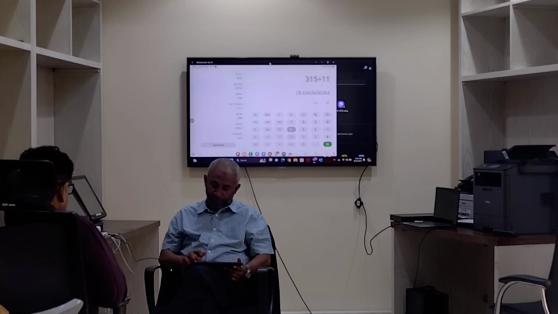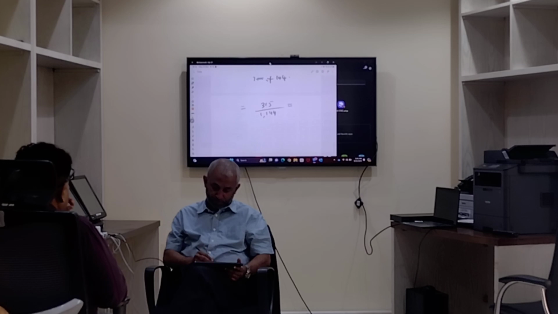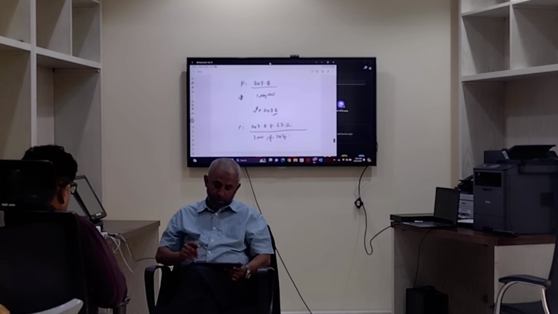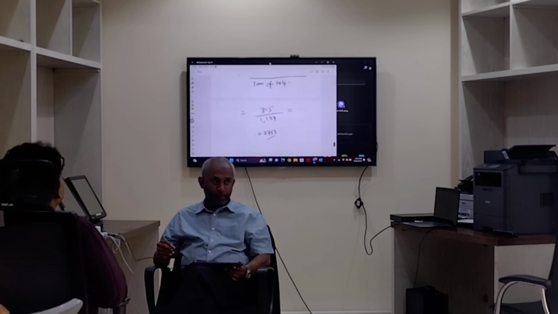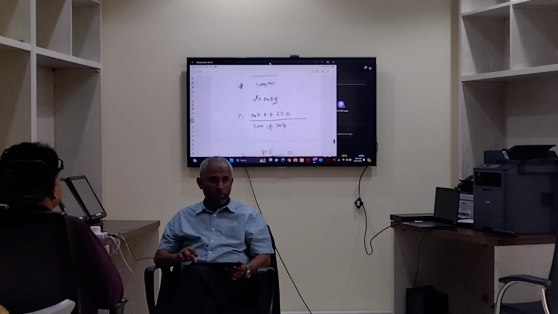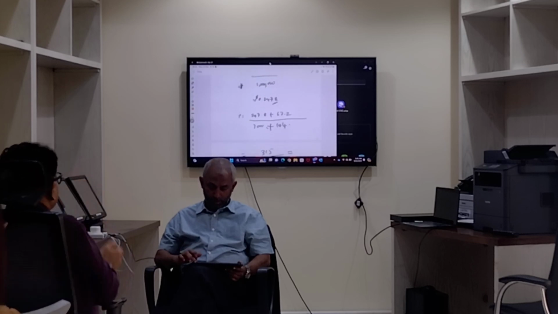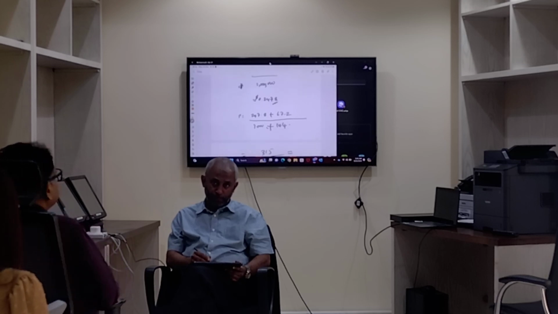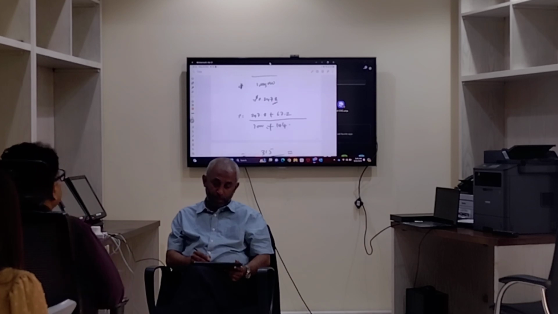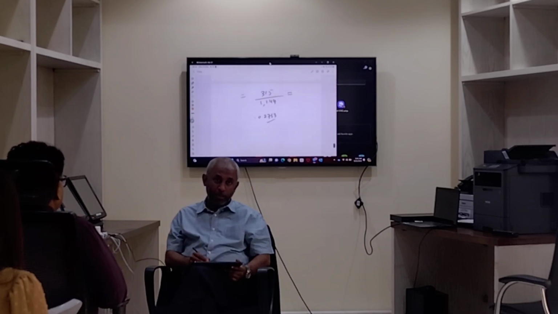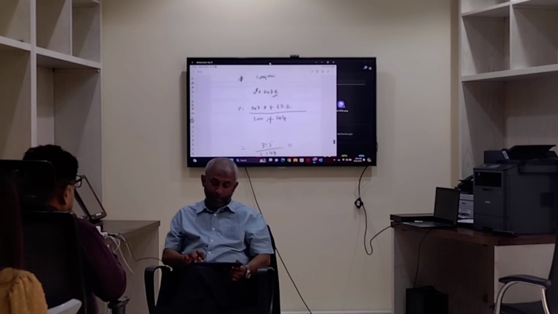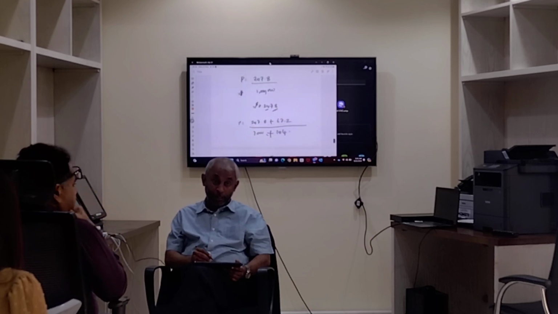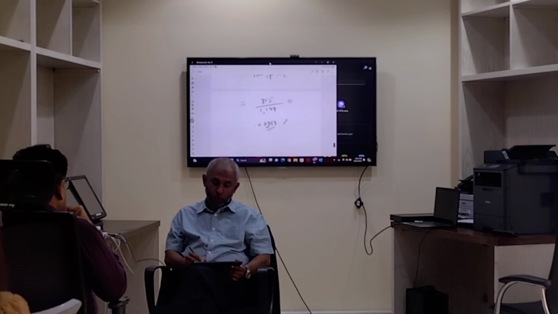315 divided by 1,144 is 0.2753. And how much here? 0.2478 here, 0.2753. So this is what? Dilution or anti-dilution? See here, basic is 0.2478. Correct? But here 0.27, meaning it is greater than this number. It is anti-dilution. So this you don't need to disclose in the